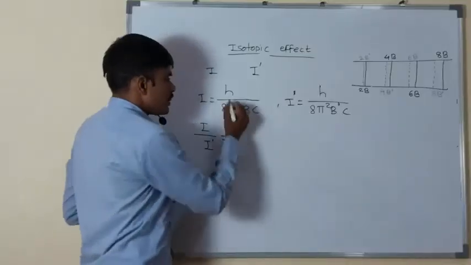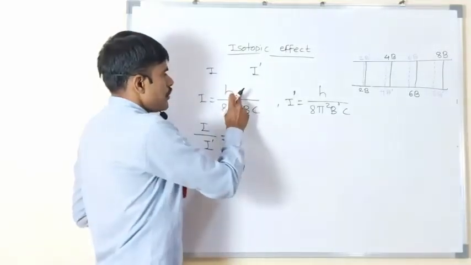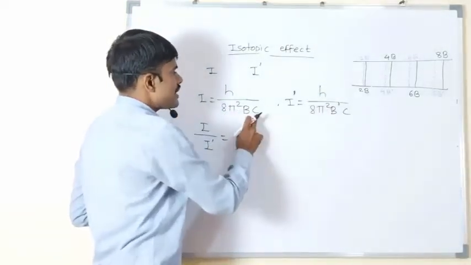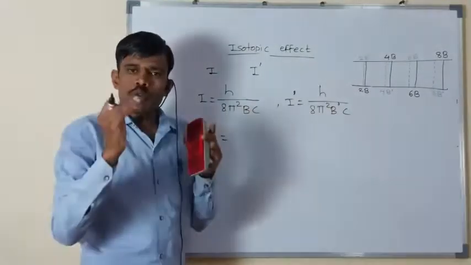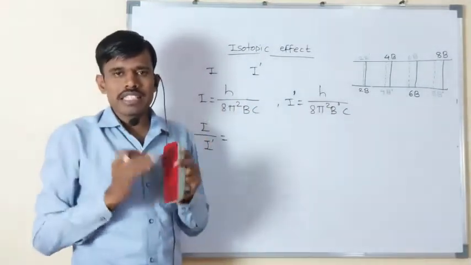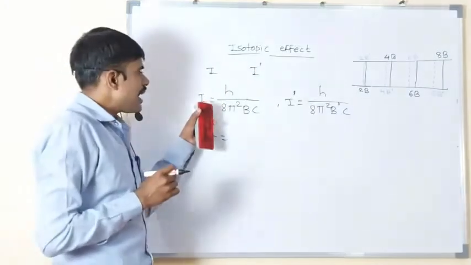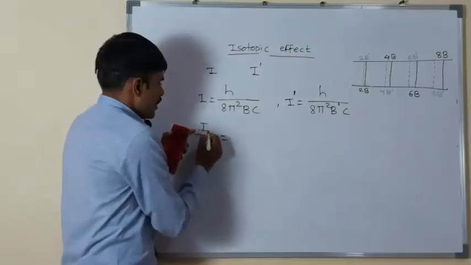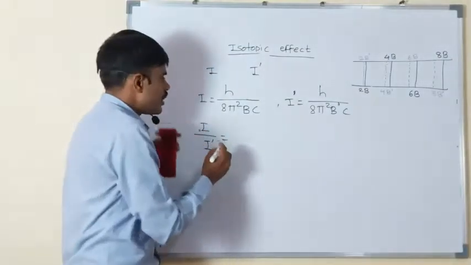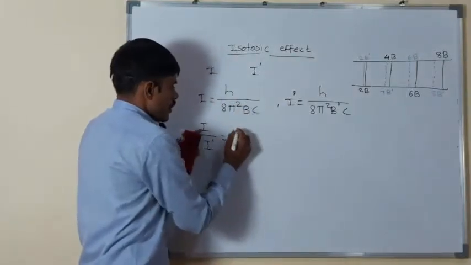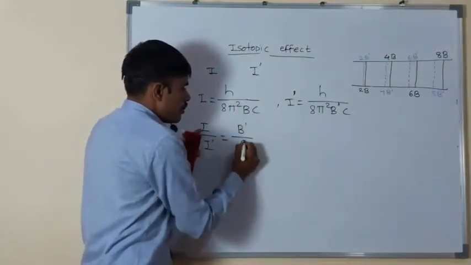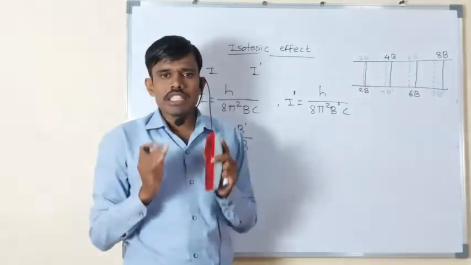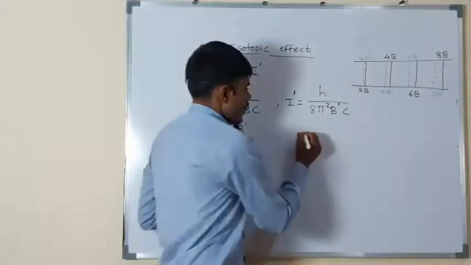That is equal to h/(8π²c). These are constants in the numerator and denominator, so they cancel out with each other, and this I is inversely proportional to B. So I/I' is equal to B'/B. The relationship between frequency of spectral line and rotational constant is denoted by